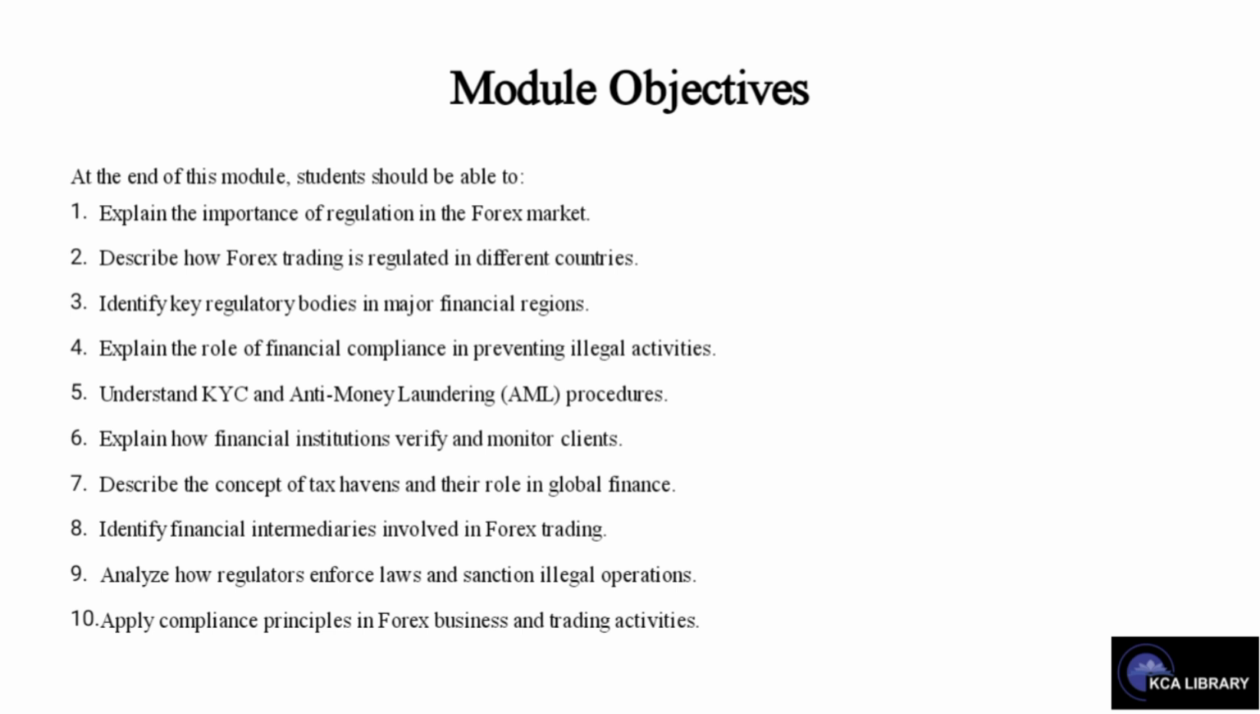By way of module objectives, at the end of this module, students should be able to explain the importance of regulation in the forex market, describe how forex trading is regulated in different countries, identify key regulatory bodies in major financial regions, explain the role of financial compliance in preventing illegal activities, understand the KYC and AML procedures, explain how financial institutions verify and monitor clients, describe the concept of tax havens and their role in global finance, identify financial intermediaries involved in forex trading, analyze how regulators enforce laws and sanction illegal operations, then apply compliance principles in forex